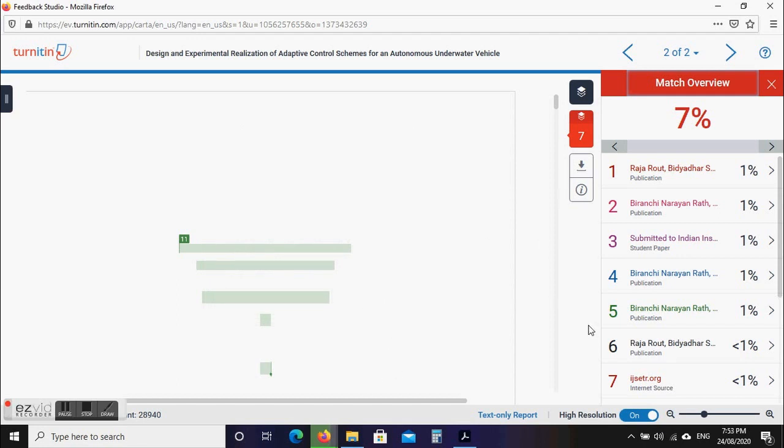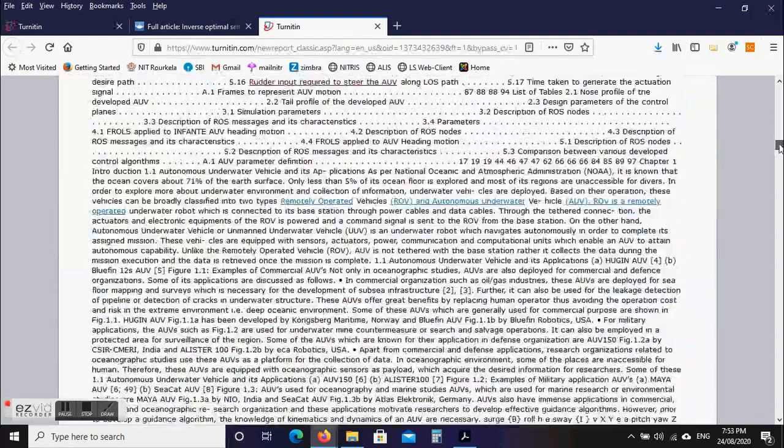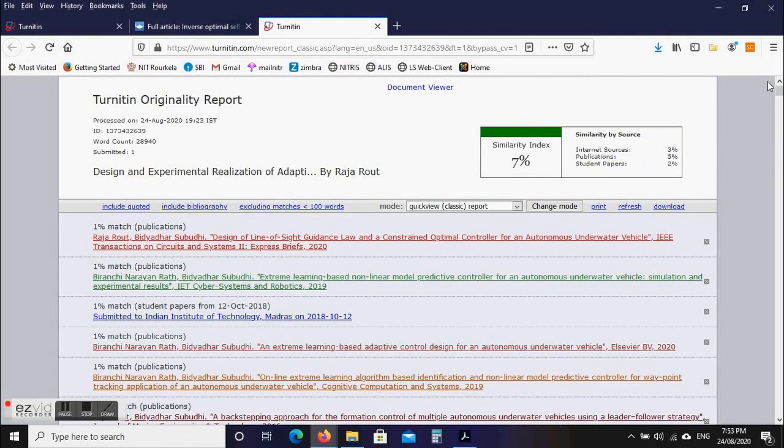Now another option here is the text only report. Let's click and see this one. The report we downloaded earlier was very heavy, and this is a simple HTML file kind of thing. It's very lightweight and can be downloaded easily, and you can see 7% here.